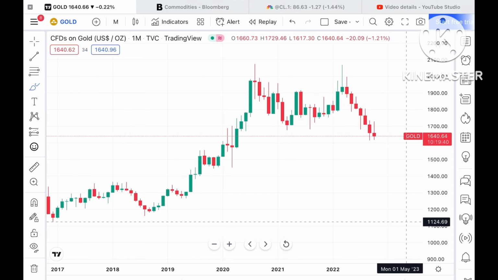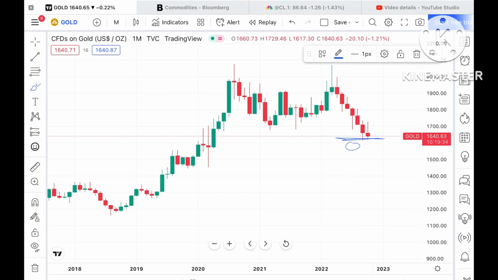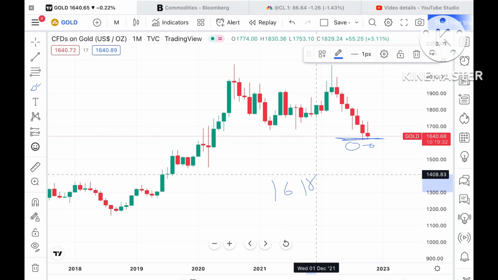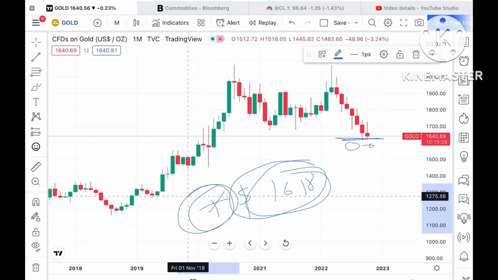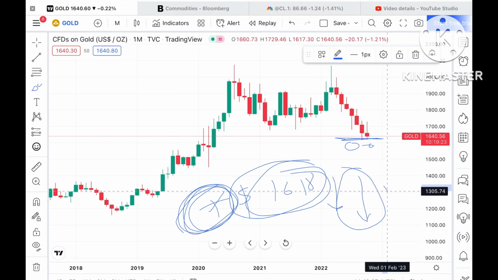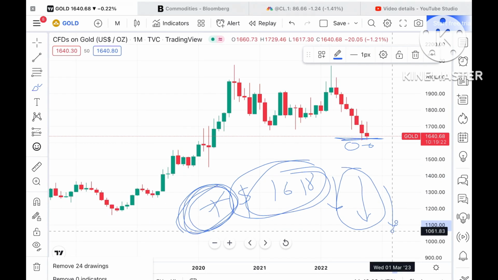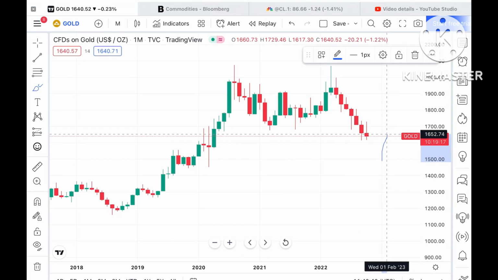Now look at this particular chart where we can see how gold can move in the next month. See, this is the support which is already being taken here. It is around $1618. Okay, so this support is a weak support, so keep this in mind. If the price comes close to this level, there can be a sharp fall and a probability of moving further low. Okay, and if this level sustains, then chances are high that it can